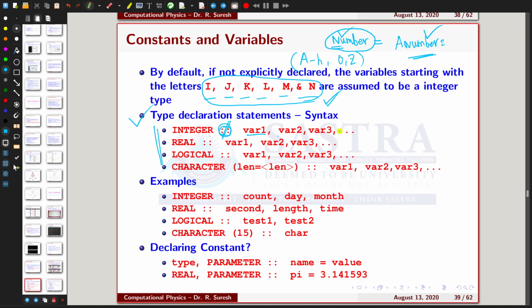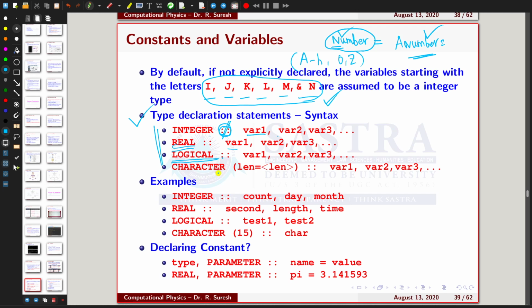So whatever integers you are using in the program can be given in a single line itself, or you can separately give every single variable as a different declaration. For example, I can give integer A and on the next line integer B. Otherwise I can give integer A comma B comma C, whatever it is. Similarly, the real variable will be declared with the instruction real, double colon, then variable 1, variable 2, variable 3, whatever it is. Similarly, logical is the corresponding instruction to declare logical variables, double colon, then again the variables.